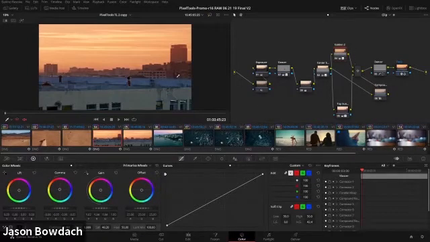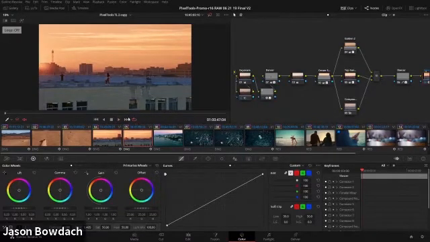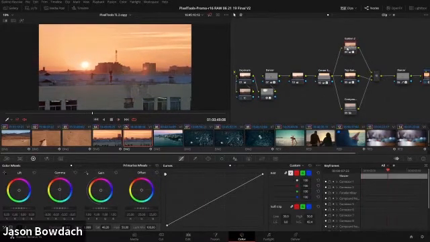Now, this is a shot that I want to show you guys something that's sort of neat on. I'll show you the before and the after. This is the same shot that we worked on in Premiere, and this has a similar sort of tip that I was showing in Premiere. One of the things that I want to show you guys is